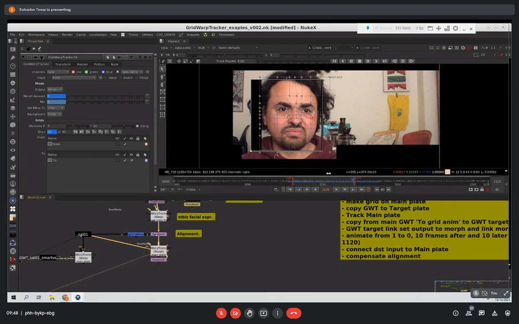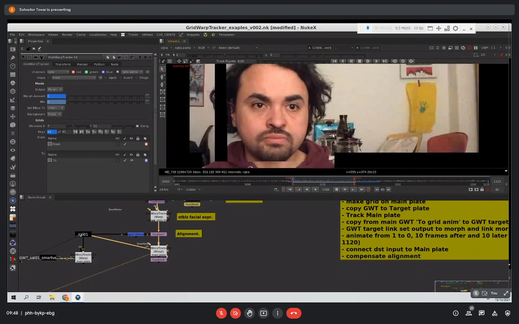And let's see the result. That's basically what you need to morph between two plates. And then you can have some treatment afterwards. But basically what we see here is this face morphing already more or less seamlessly